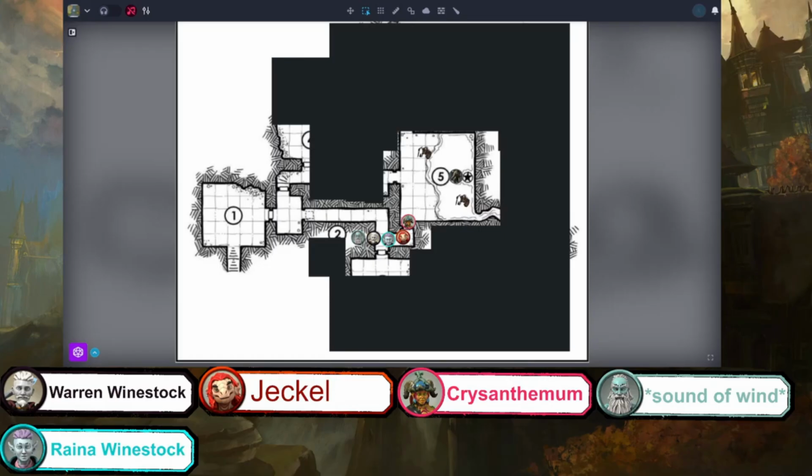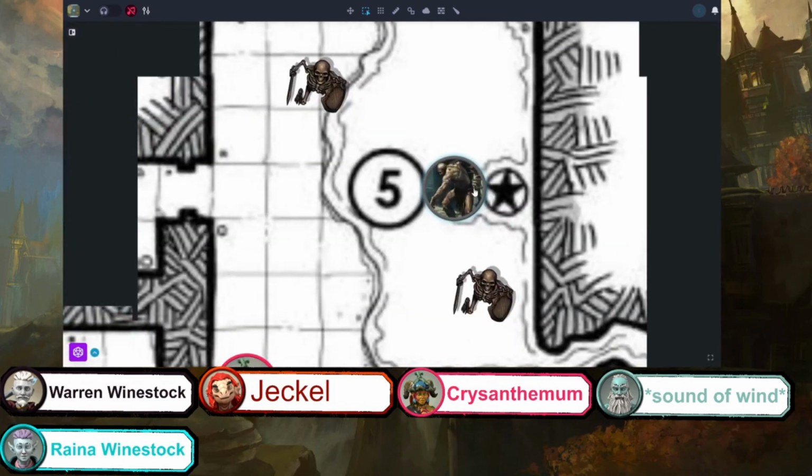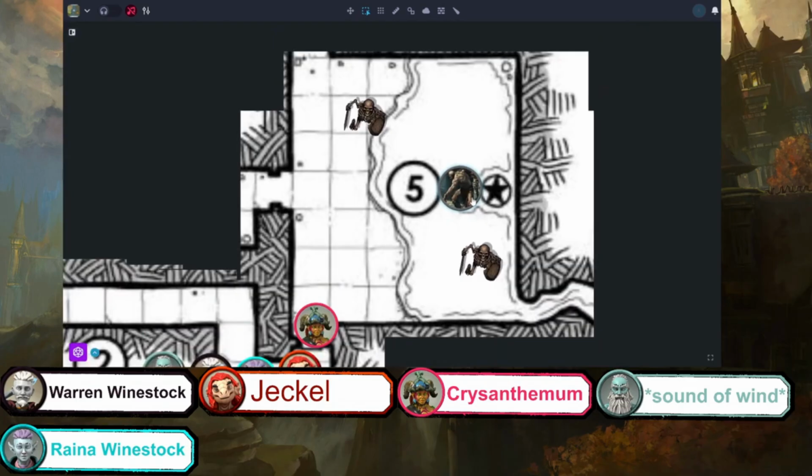While we're rolling initiative, I'll describe the room to you. This room is a half-flooded, sort of, what seems to be a ritual chamber at one point. And the greater undead lord, who doesn't appear in this, but he's wearing these purplish robes with the hood up, and you can just see what looks like a mummified face.